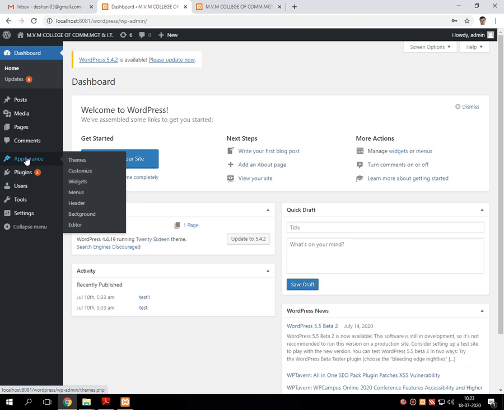Options like theme, customize, widgets, menus, header, background and editor. One by one we will go through all these sections and learn how to use them. So obviously it's time to click the first option, which is called theme.